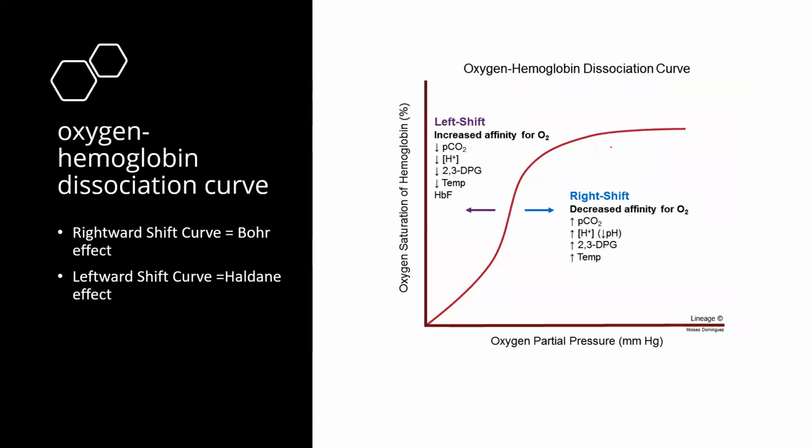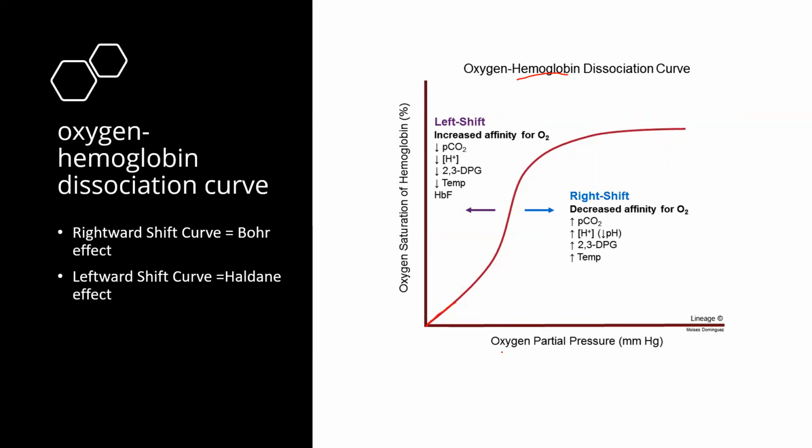Let's talk about the oxygen hemoglobin dissociation curve. I kind of talked about this curve already before, but let's talk about it again. This curve allows us to think about how oxygen binds to hemoglobin. So when oxygen binds to